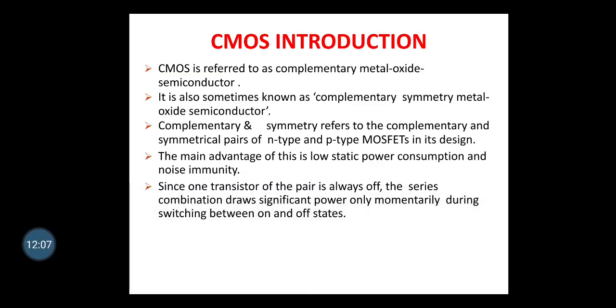As this chapter is on CMOS, we'll start with the CMOS introduction. CMOS stands for complementary metal oxide semiconductor. It is also sometimes known as complementary symmetry metal oxide semiconductor. Complementary and symmetry refer to the complementary and symmetric pairs of N-type and P-type MOSFETs in its design. The main advantages are low static power consumption and noise immunity. Since one transistor of the pair is always off, the series combination draws significant power only momentarily during switching between on and off states. And this you can understand from this